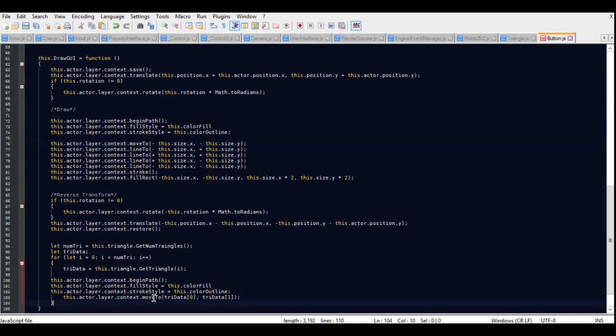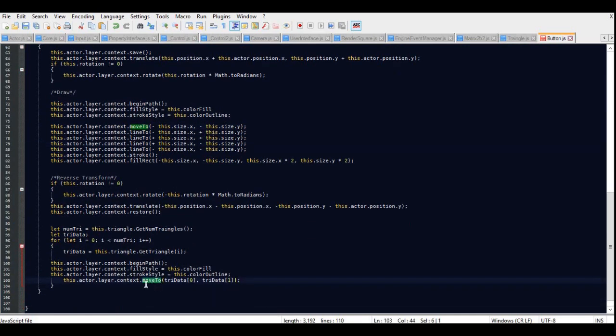I'm going to do move to first, which it was already moved to. So then we need to draw the next one, which is going to be line 2, which in this case is just going to be try data 0 to 0, 1, 0, 2, and try data to 0, 3,